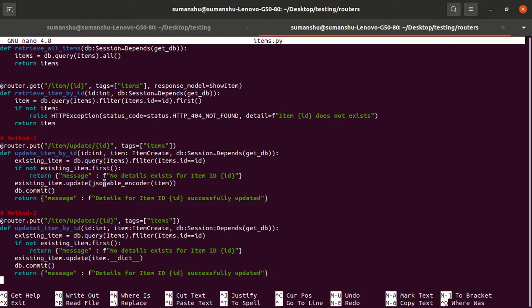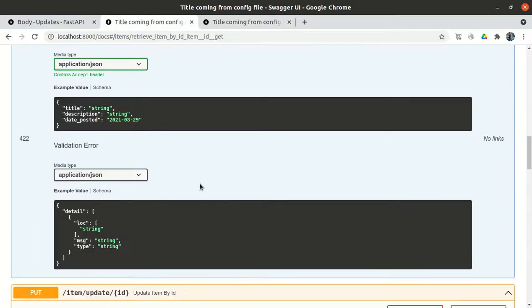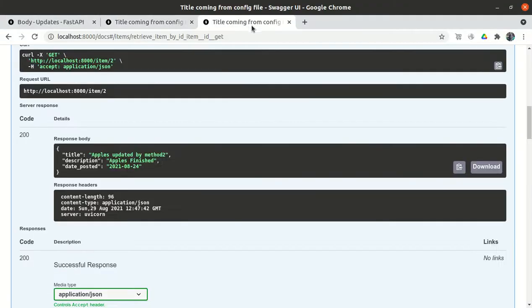The update keyword takes a dictionary as an argument, but as an input we are passing the Pydantic model. So we first have to convert the Pydantic model into a dictionary. We have the JSONable encoder, which exists in fastapi.encoders.